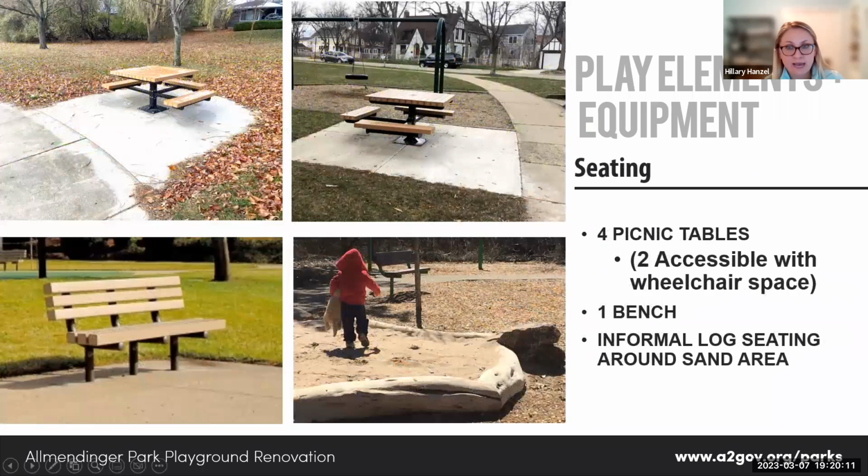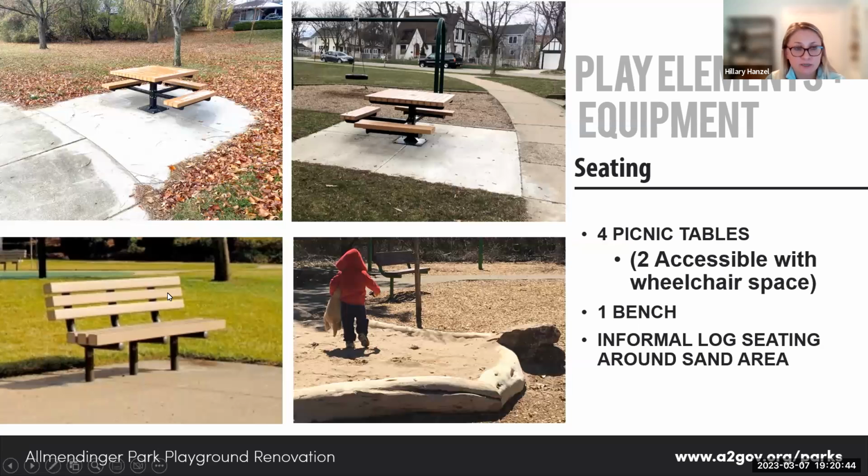So we'll also be adding some additional seating as well. We'll be adding 4 picnic tables. It'll be a net gain of 2 because we're impacting 2 that exist out there. And 2 of these picnic tables that we're adding will be accessible, so they'll connect to the main pathway. They'll have a wheelchair seating space where someone can pull up. And I've also seen people use these for staging things like bikes, push toys, strollers. It's also nice to have buffer space for other users as well.